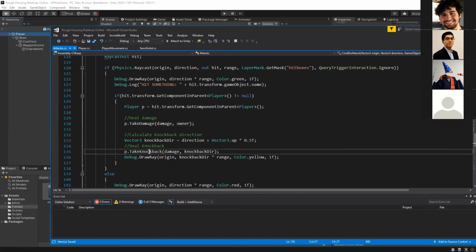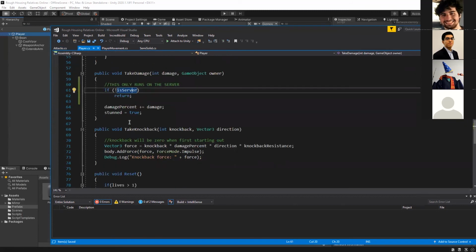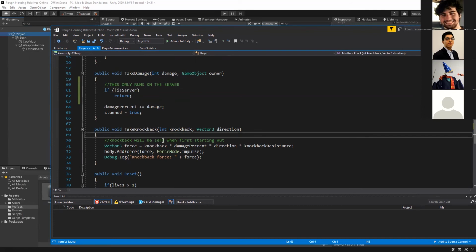And there's also a knockback. And knockbacks can be a different case, because knockback deals with player movement. And like we did before, player movement is done client side. But right now this function is running on the server. So if we try to affect movement on the server, nothing will happen because the client doesn't get that update, because the network transform is only one way.